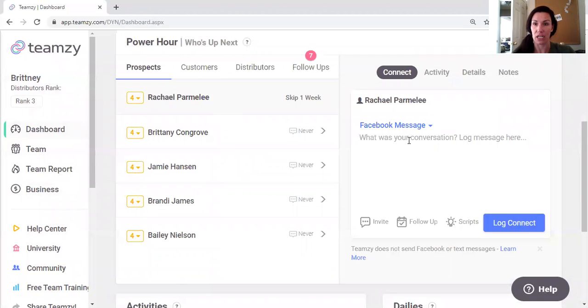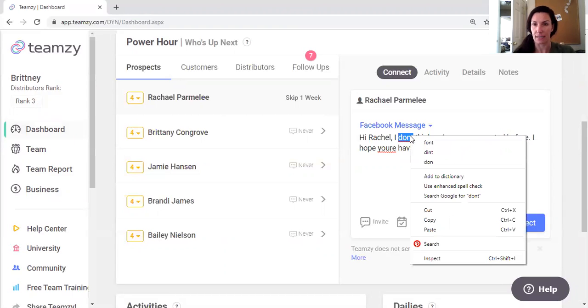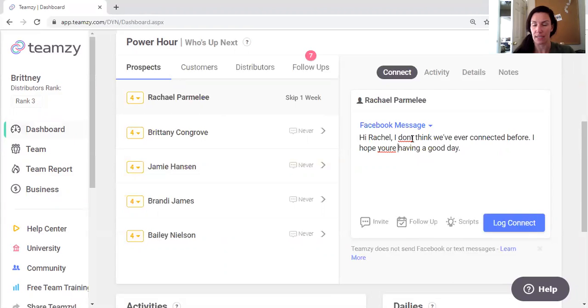So basically you come in here, you pick your Facebook message, you can pick a script. You don't even have to use one of their scripts. You can use one of your own, and what it's doing is keeping track of the conversation you had. So, hi, Rachel. I don't think we've ever connected before. I hope you're having a good day. And then I could log this. I always have to fix my errors because it drives me crazy. But basically, you would log this,